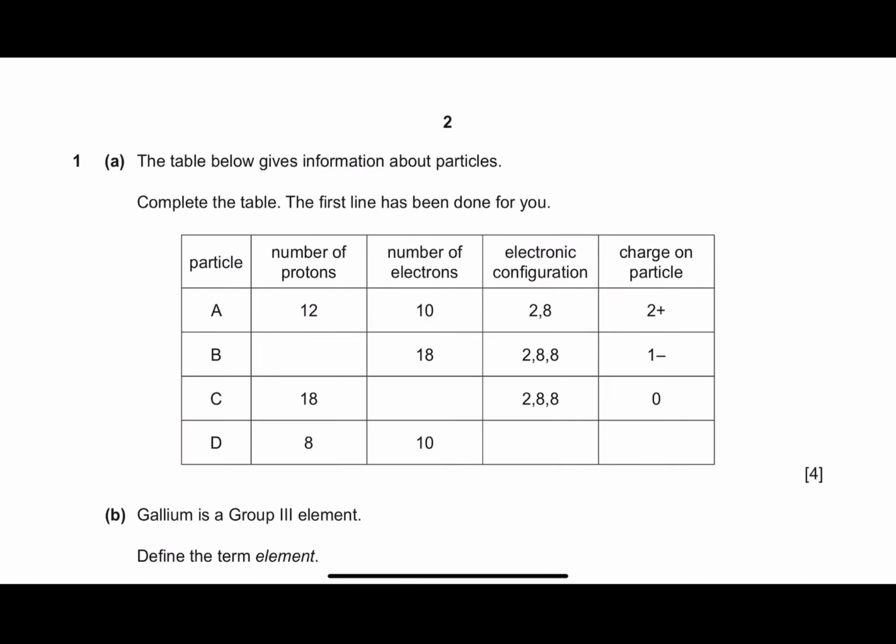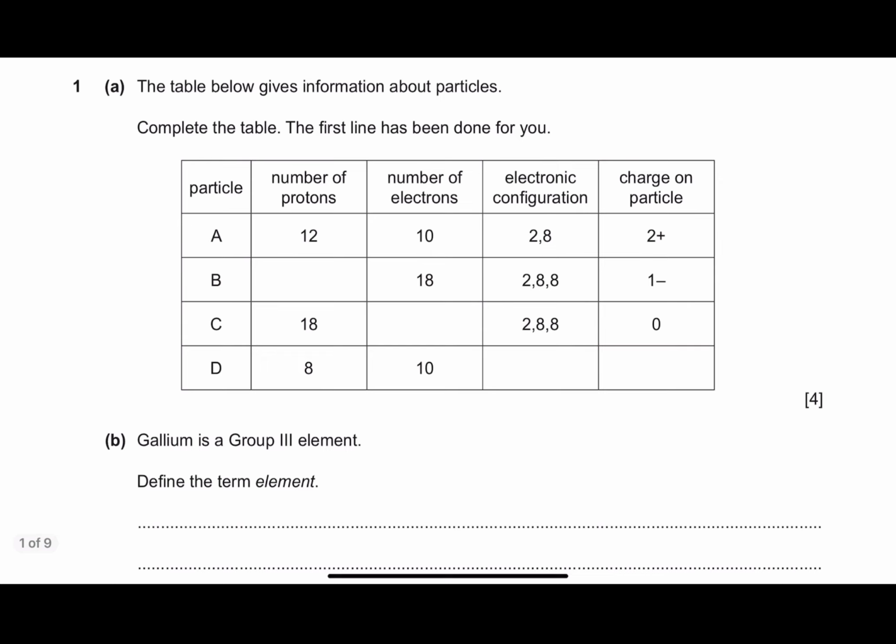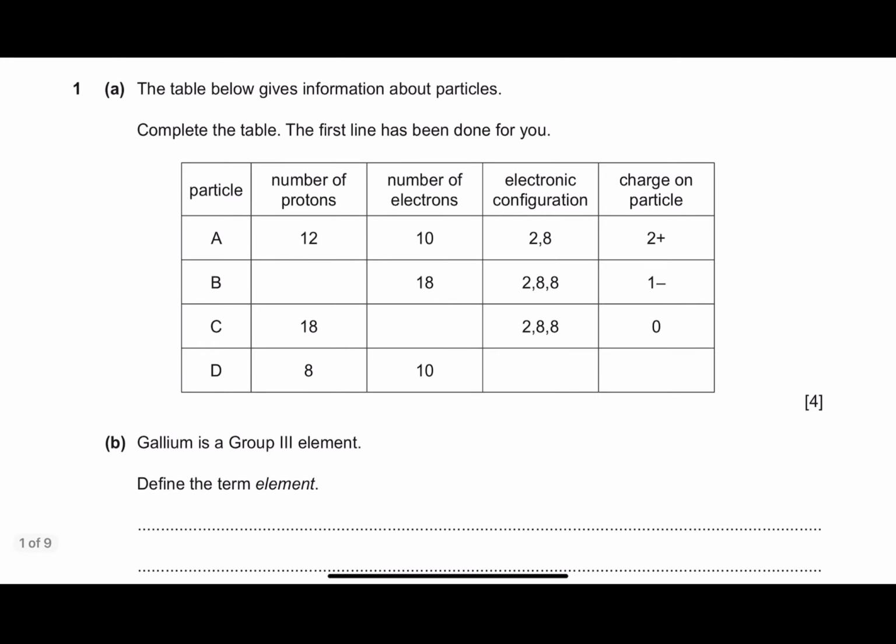This is a question from February-March 2016, question 1a. The table below gives information about particles. Complete the table. The first line has been done for you. Now this table shows you 4 different particles with their number of protons, electrons, the electron configuration and the charge